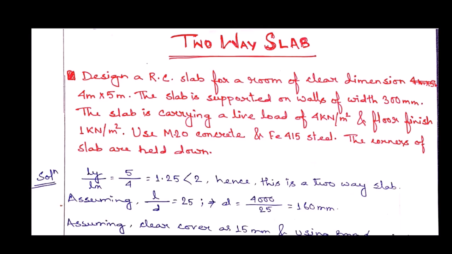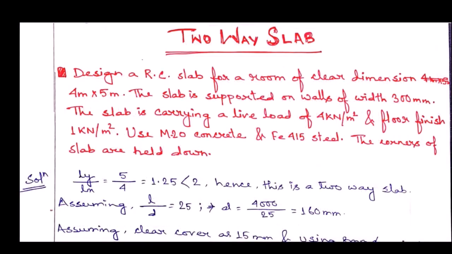So before starting the problem, I am going to discuss the basic part of two-way slab. We know that in two-way slab, bending comes in both sides. So we have to design reinforcement for longer span and shorter span both. There is no such thing as distribution bar. There is a torsional moment in the corners. So in corner, torsional reinforcement has to be designed,